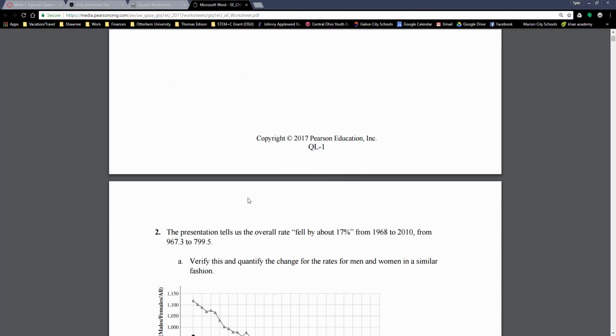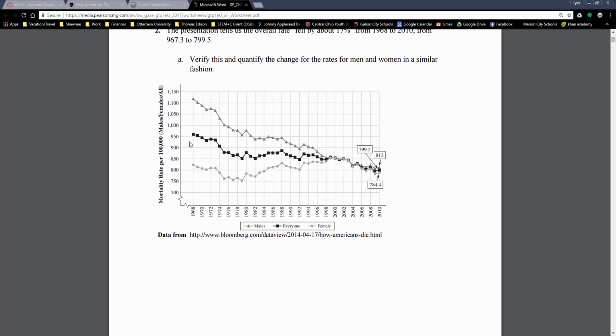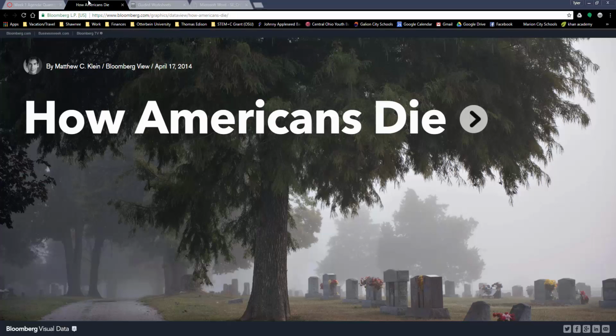So please go through and try to answer these questions. It'll give you a taste and a flavor of what quantitative reasoning is, and that will help you be successful in the term. In some of these questions, you might have to specifically reference the website. So I just want to show you. If you just click on here,